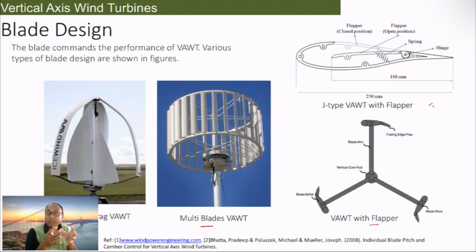Obviously, the power output is also an order of magnitude different from the horizontal axis wind turbine, but in this case the size is small. That's why you could put multiple of them in one place and try to extract energy which can cater to small needs and things like that.